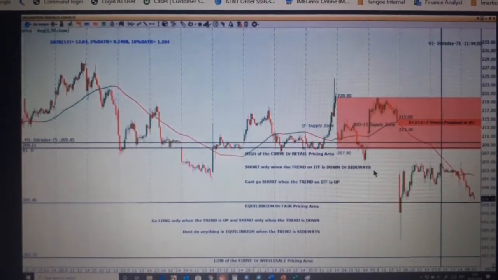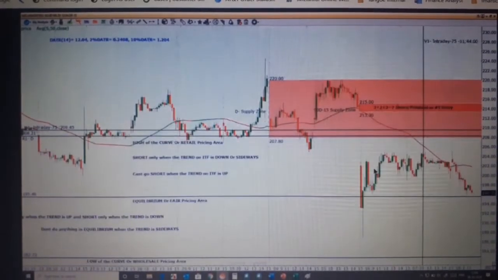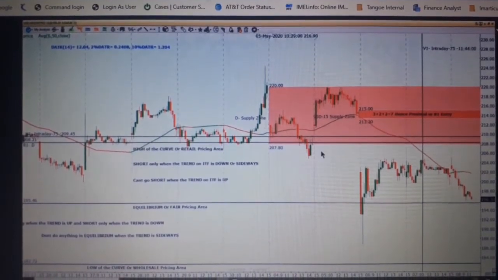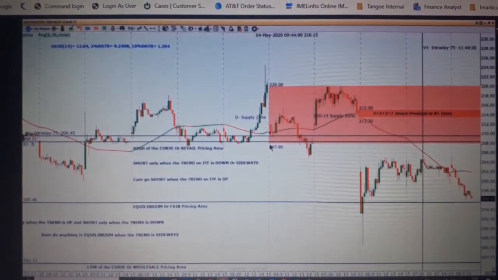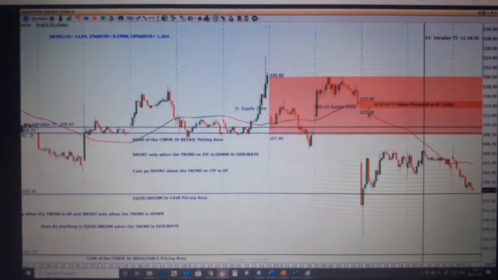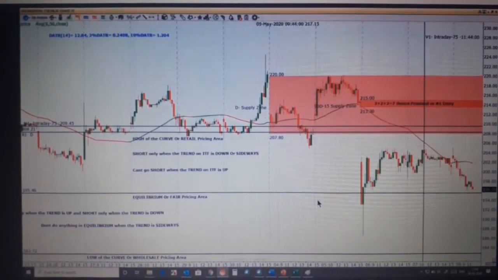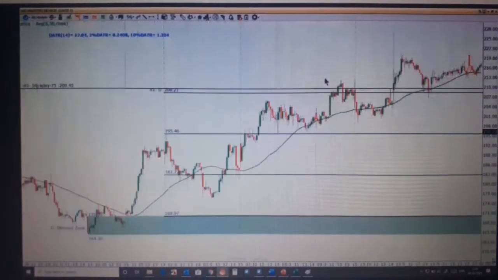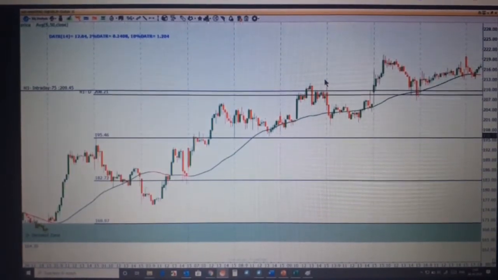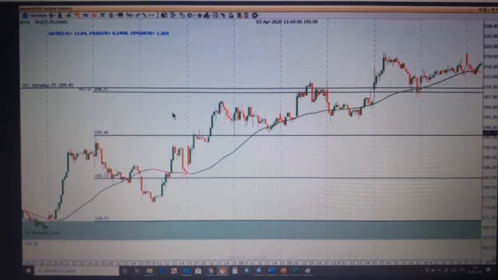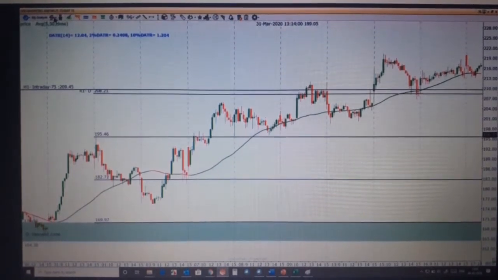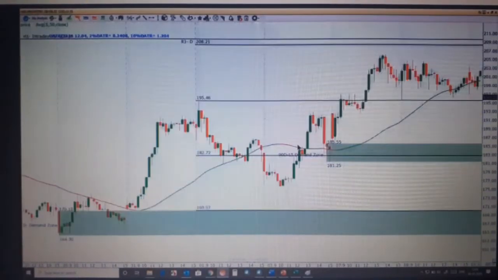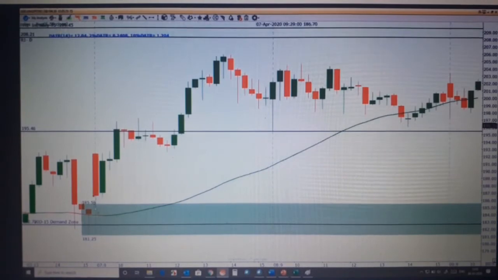Now, what is the problem? This is a lower time frame supply and this is my higher time frame supply. From 220 to 207.80 is my higher time frame supply and 213.30 to 215 is your lower time frame. So you can mark a demand zone over here which is fresh. Let us mark this as my demand zone, because there's a gap over here.